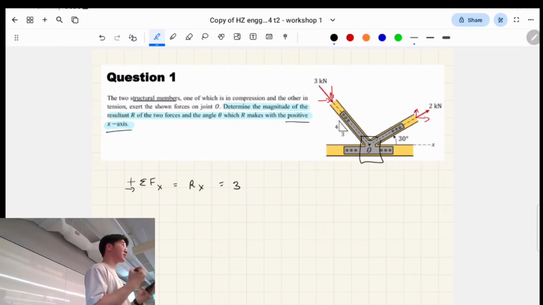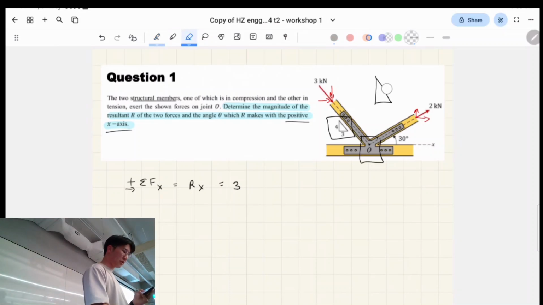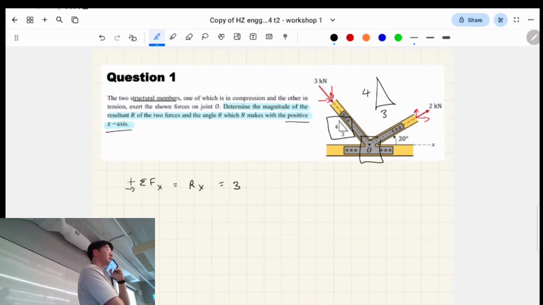the magnitude is 3 kilonewtons. We're doing everything in terms of kilonewtons. We have this right angle triangle, and if you haven't done engineering studies, you probably haven't seen this before. This is called a Pythagorean triple. The ratio works out so that if one side's 3, the other side is 4, and the hypotenuse is 5. This is just a ratio that we know,